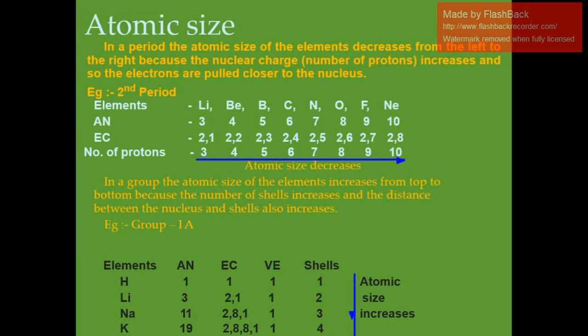But what is noticeable here is that the noble gases show the largest size in their respective period. The noble gas has the largest size because in case of noble gas, atomic radius refers to the van der Waals radius, while in the rest of the elements the atomic radius refers to the covalent radius. When we compare these two radii, the van der Waals radius of any element is larger than its covalent radius.